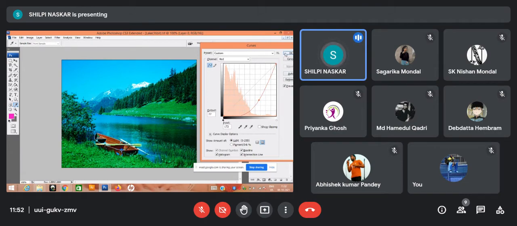Okay, by using this curve, you can instantly edit, increase or decrease the brightness of the overall image or of individual channels. See here, it shows the amount of light and the pigment percentage of ink. This thing you can get over here. To get this kind of output, what pigment percentage is needed, that you can get directly from here.